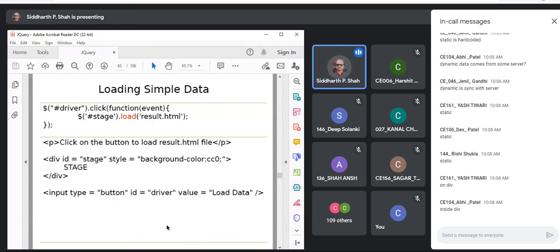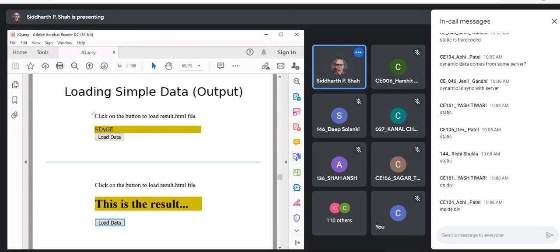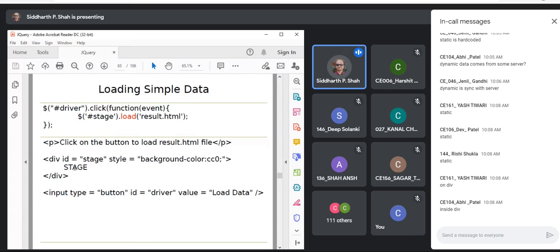Yes, in the division which has ID stage. When you click on the button, driver is the ID of this button. So when you click on this button, this result.html will be loaded in this division. Initially it is looking like this because you have set some property here.